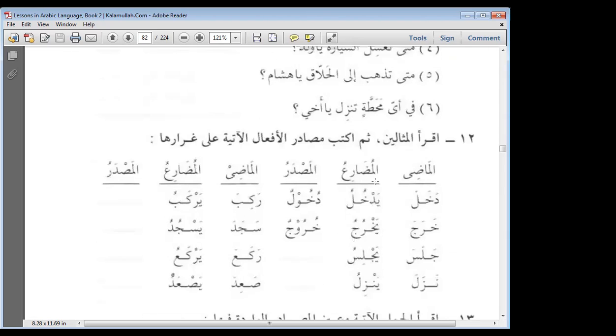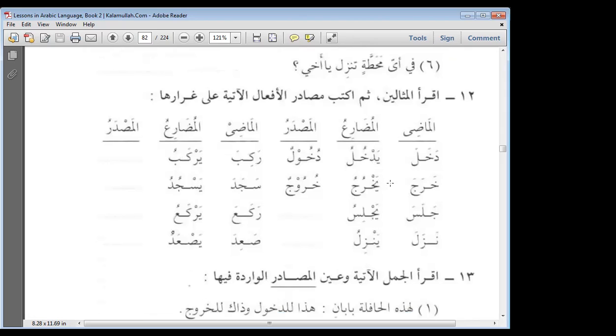So moving on now to the next exercise, number 12. اقرأ المثالين ثم اكتب مصدر الأفعال الآتية على قرارها. All right. So you have two examples, and then you have to write the masdar of the following verbs using